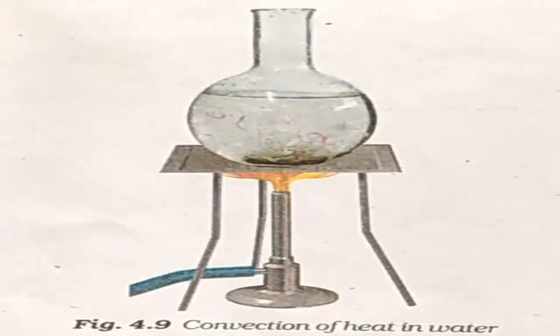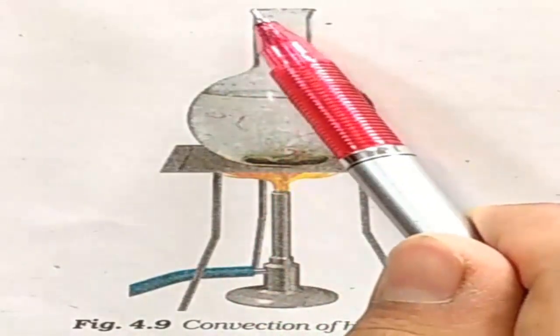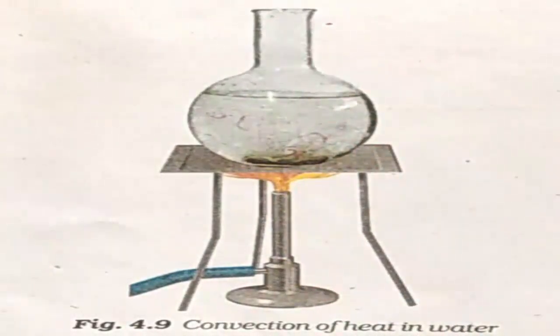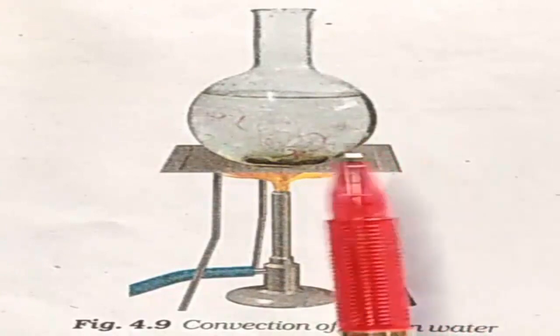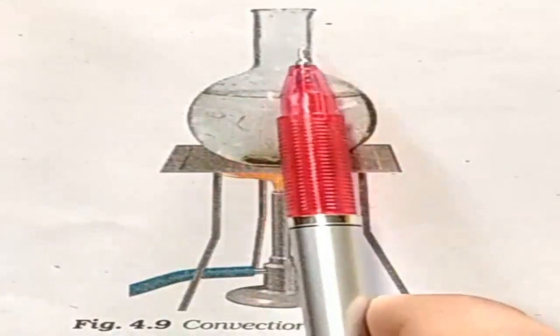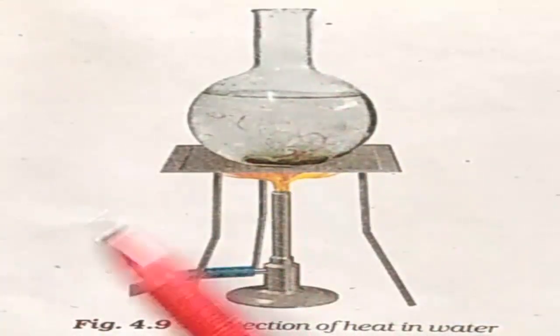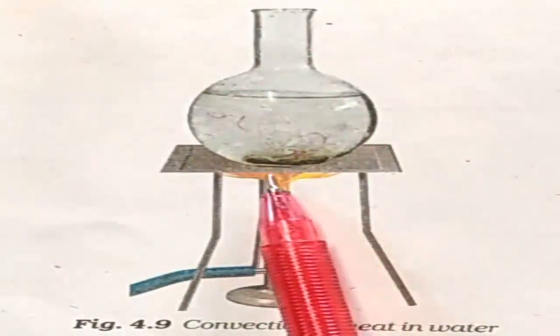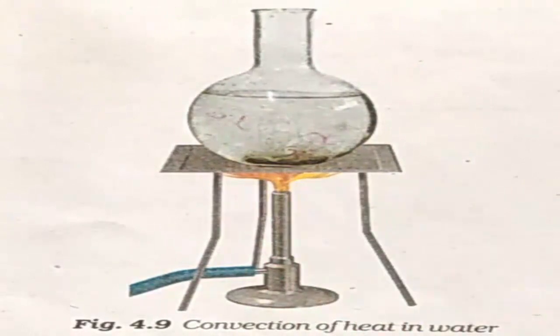Next, we can do another activity. In this activity, we will take a container, a round bottom flask or any other container, which can hold some water. Here we will make this arrangement, that is, we will put the round bottom flask at the top of the flame,